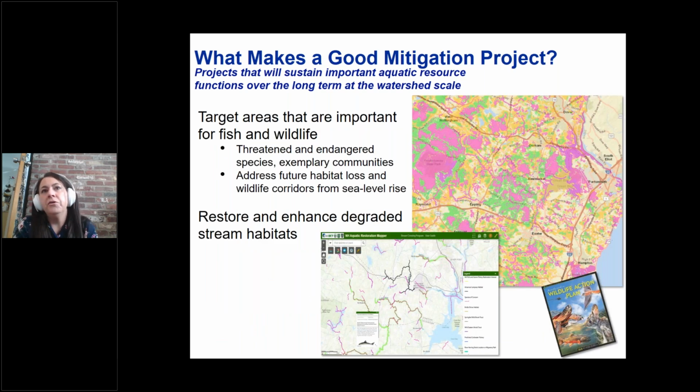Also, targeting areas that are important for fish and wildlife. So threatened and endangered species, exemplary communities, rare plant communities. Also addressing future habitat loss and wildlife corridors from sea level rise. So with increasing freshwater or lack of salt marsh migration, where areas that it's predicted that there's going to be habitat loss in the future, perhaps targeting those areas for mitigation to create these refuges on the landscape for future